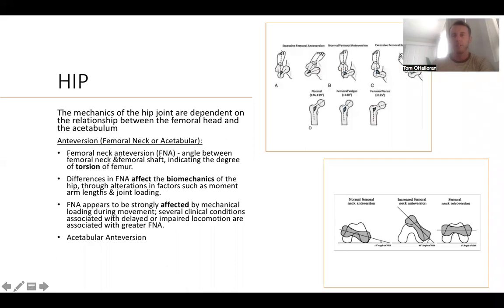So then we've got the hip. The mechanics of the hip are obviously dependent on the relationship between the femur and the acetabulum. So, anteversion. I just think of anteversion, and I probably don't want to confuse it too much, because even I get quite confused with it. Anteversion is just your hip internal rotation, and it can either come from angulation of